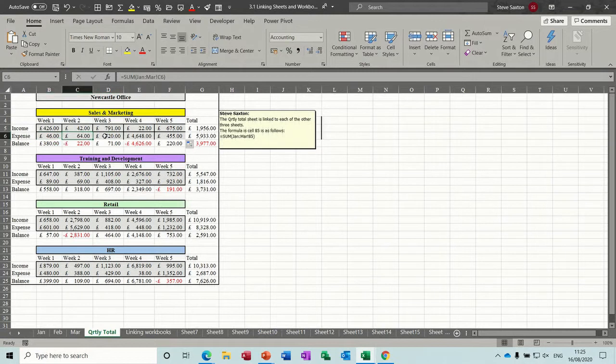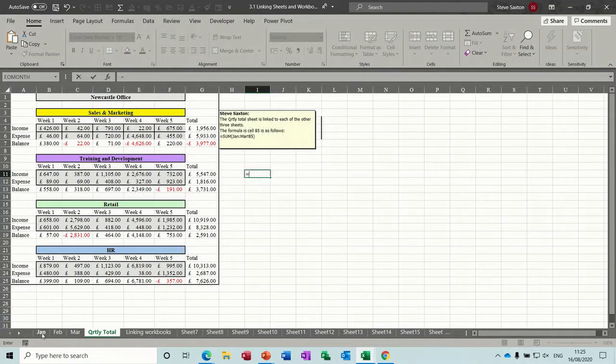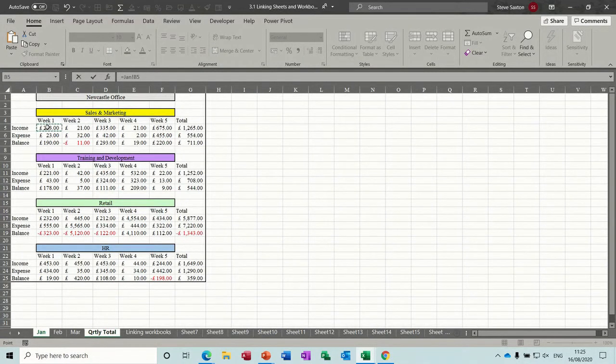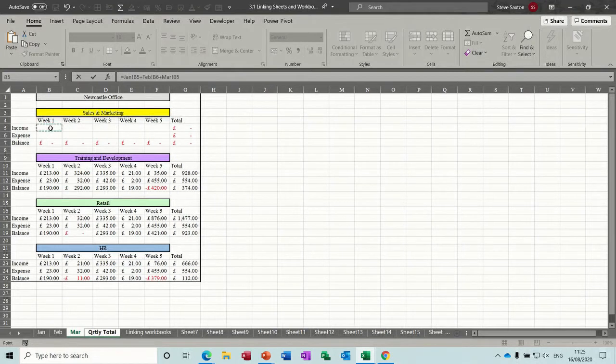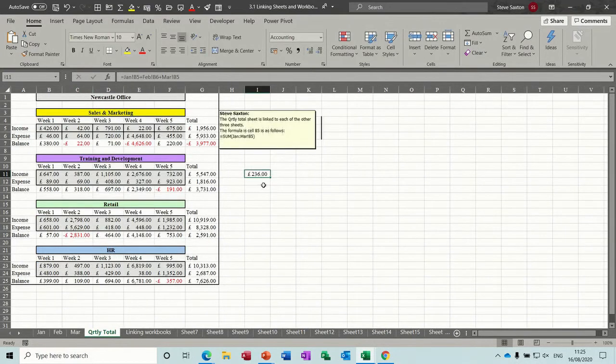It's the same information. If the layout wasn't consistent, you would have to do stuff like this: equals, go down to January, click on that, do a plus, click on February because it's not in the same cell, do another plus, click on March, do another plus, and then you tick that. Now I wouldn't be able to pull that down or across because there's no consistency in that, so I'd have to manually do that again and then again and again and again, and this is where you start making mistakes. So it's always wise, in my view, to try and achieve consistency of layout, because then that becomes